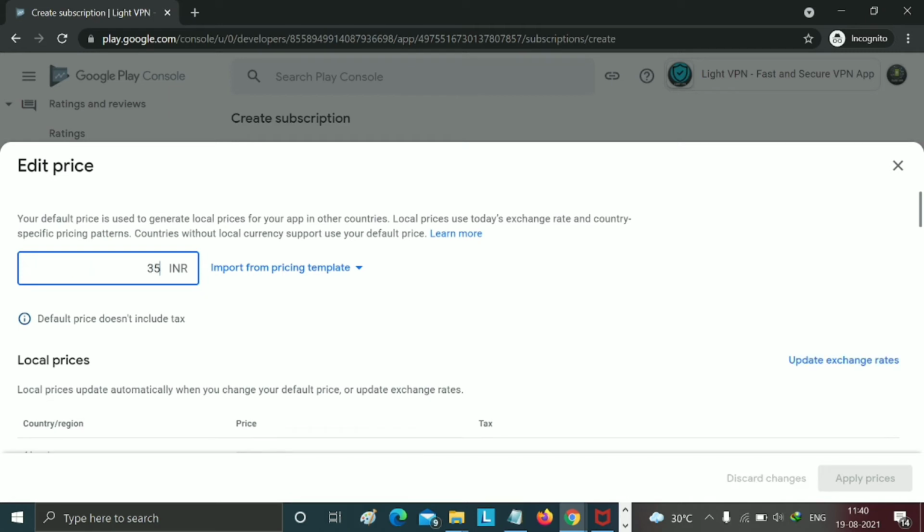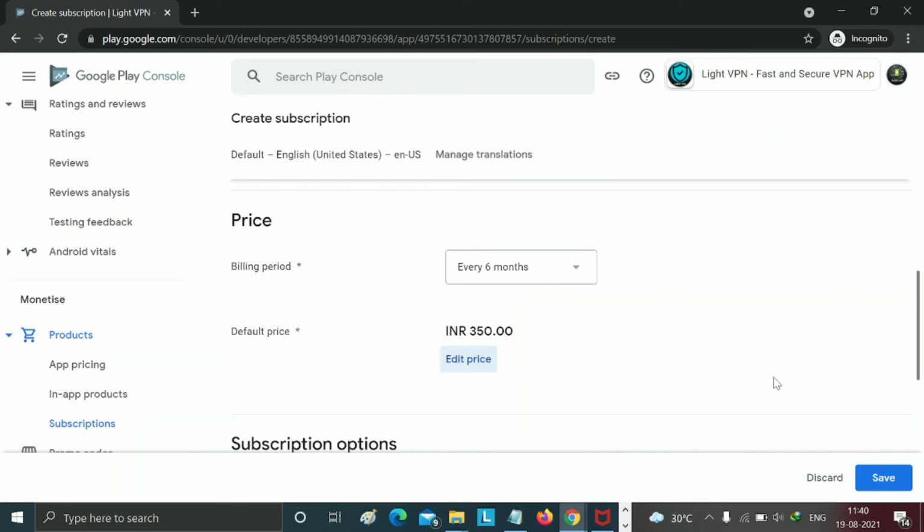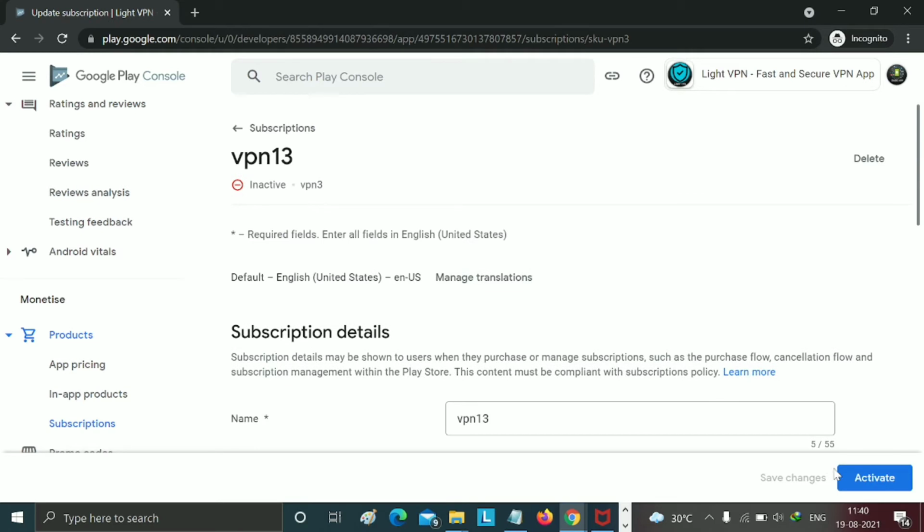You can change the prices, but you can't change the product ID, so be careful. I apply this. Don't do anything in other options, just click on save and click on activate.